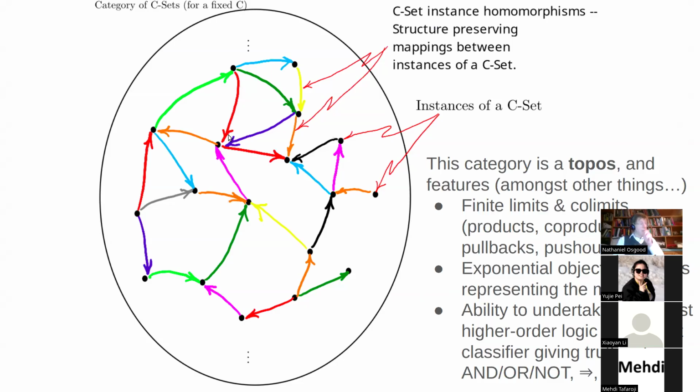Each of these will be a graph, and the morphisms will be graph homomorphisms, these structure preserving mappings between them. But this further allows us to build up